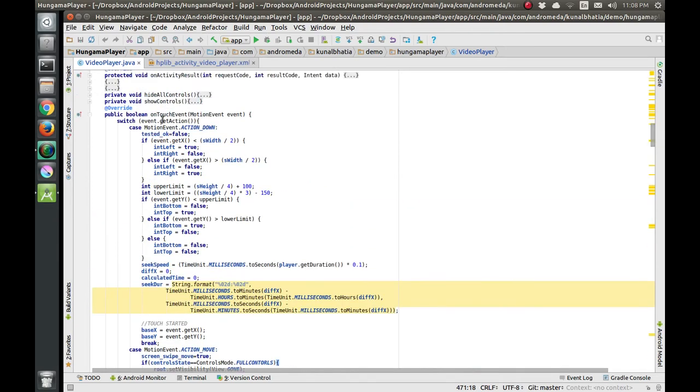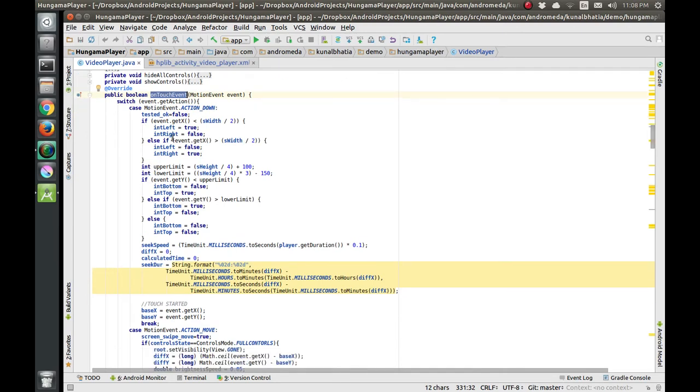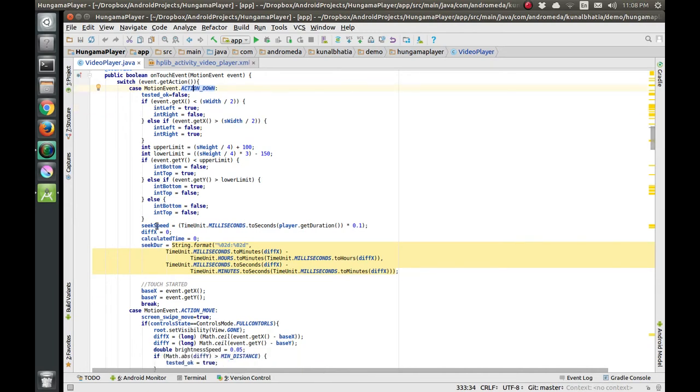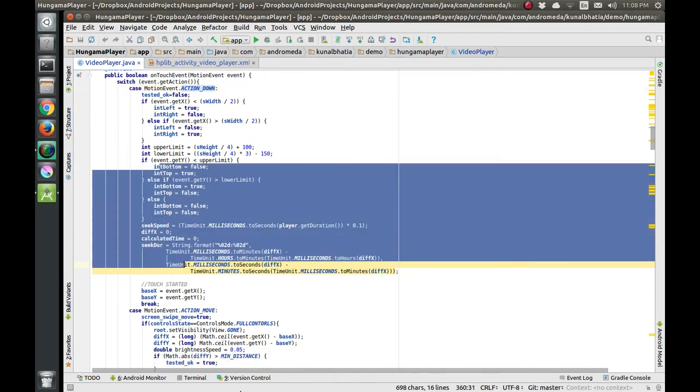this event is fired, the on touch event. We have seen this in the previous video. So when the user taps, action down is fired. In action down we are identifying which corner of the screen the tap is in, if it's in the bottom, if it's in the top, if it's in the left or right. We are identifying it over here. So now we have identified it in this section of the code,